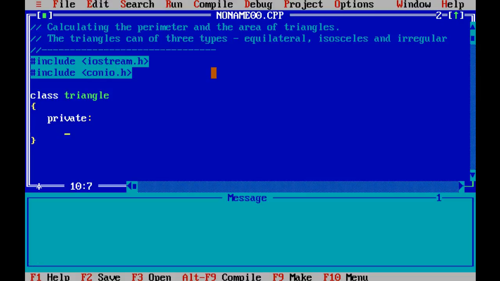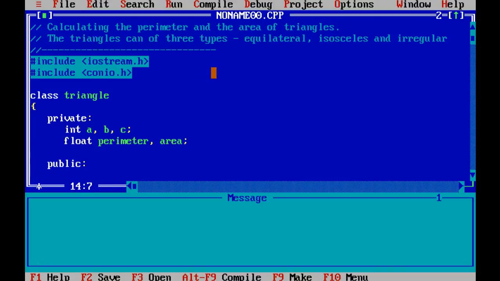You will have a side length A, another side length, and another side length. So three side lengths you will have. So A, B, and C. You will also have the perimeter and area, and